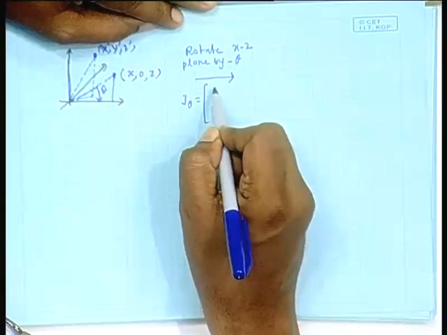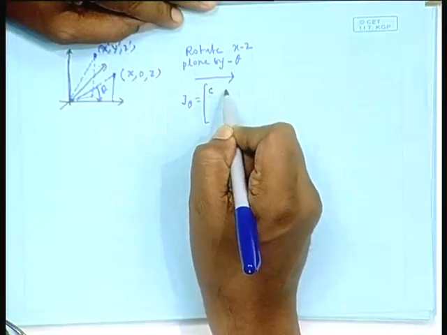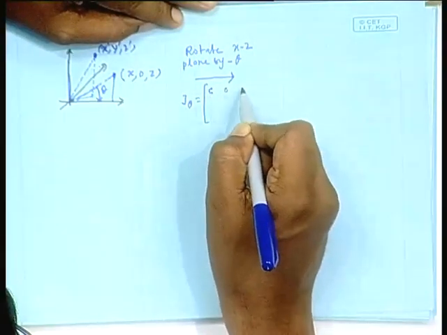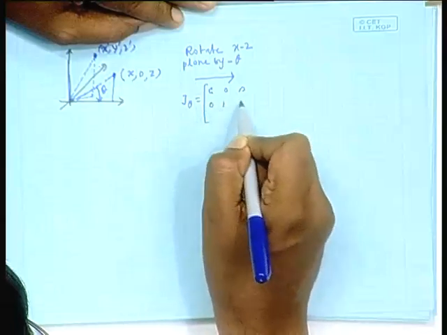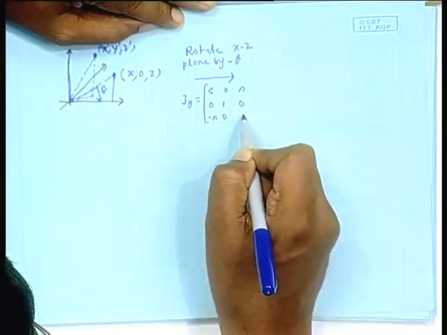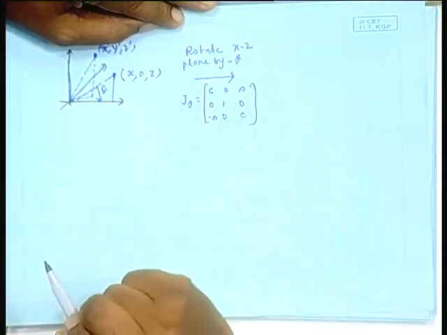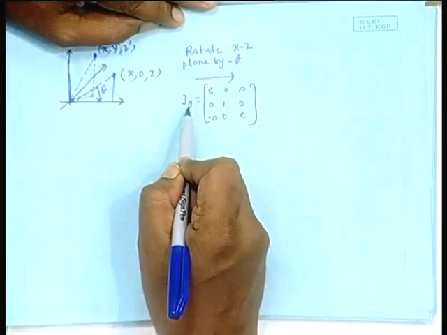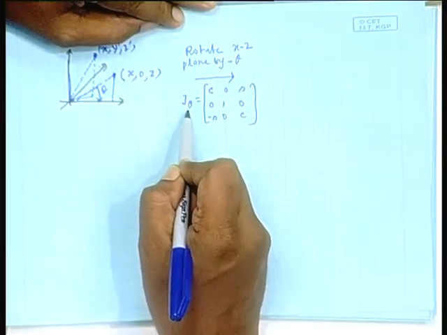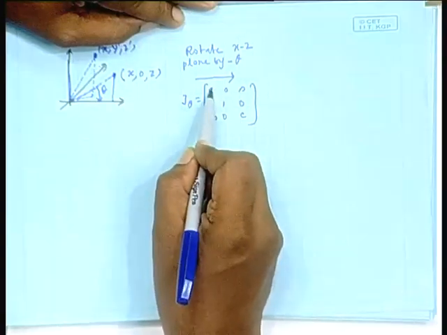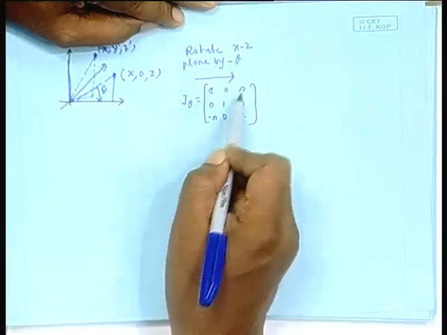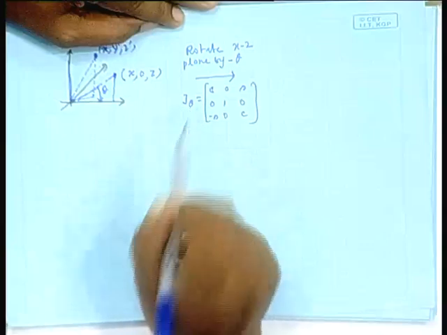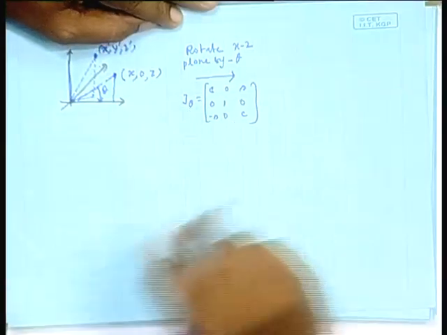So, it will be C 0 S, okay. C means cos theta in this case. I hope you understand this. Borrow that theta from the subscript of the rotation J theta. So, borrow the theta from here, apply that inside. So, C means cos theta, S sin theta. Okay. Theta comes from here. So, obviously, what you get is